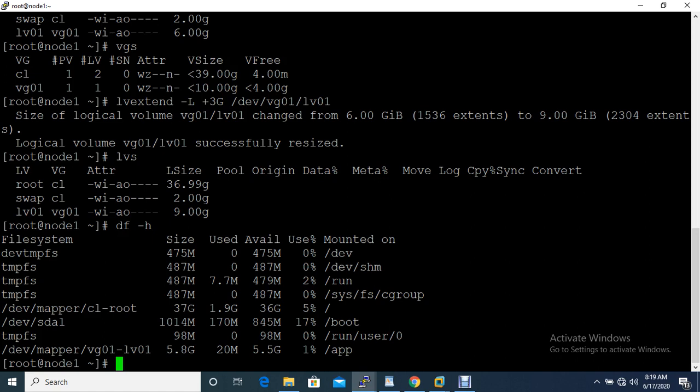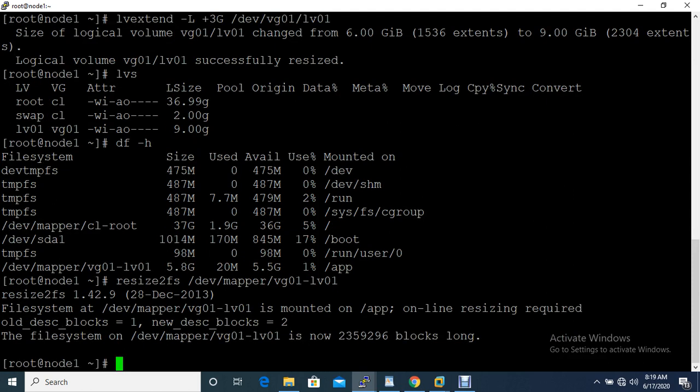If your file system type is xfs, then you can use the command xfs_growfs. In my condition, my file system is ext4, so I'm going to use resize2fs /dev/mapper/ your VG name and LV name. Cool, you can see it's successfully refreshed.